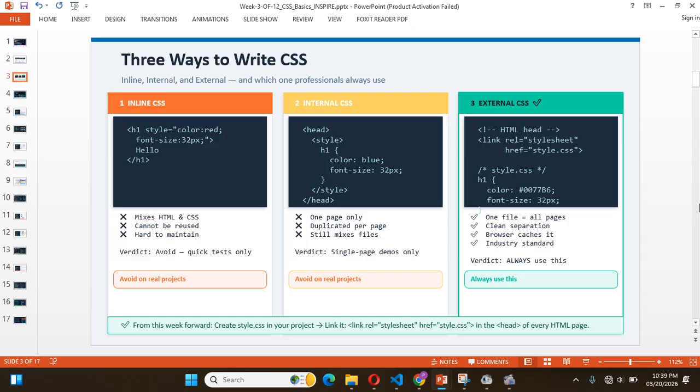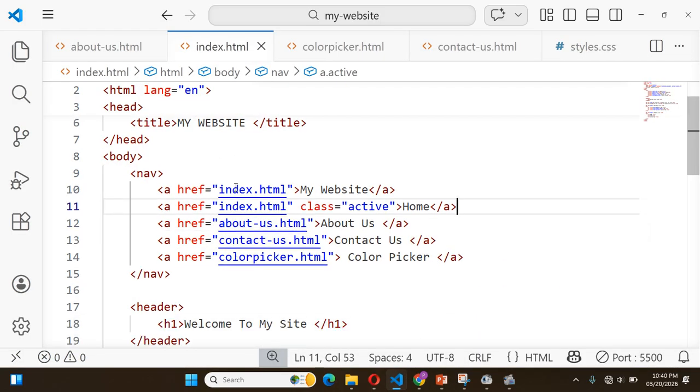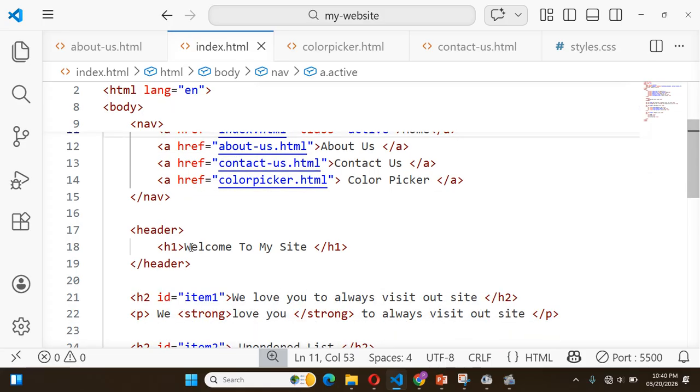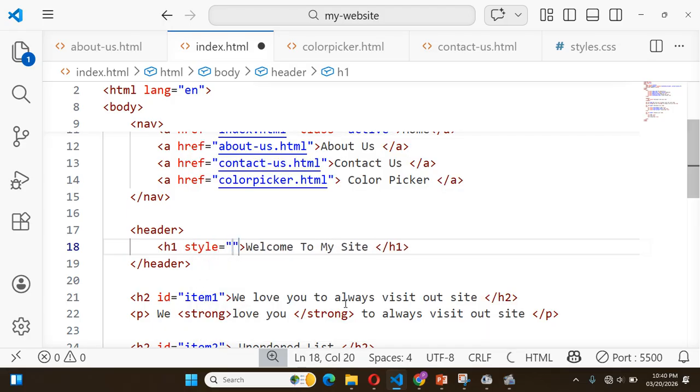So what's the meaning of internal, external and inline? Inline means that your style is written inside the tag. That is called inline styling. Your style is written inside the tag. Like now, if I give my header here a style, I will say style equals, in quotes,